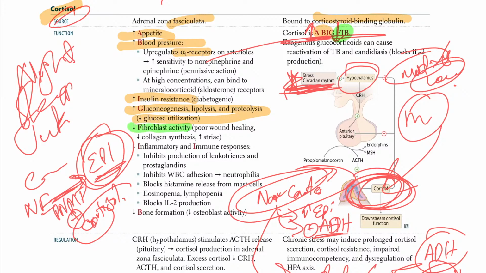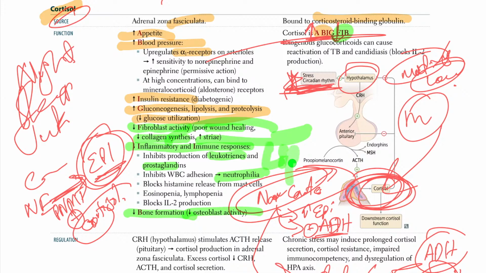Decreased fibroblast activity, poor wound healing, collagen is low. When the collagen is low, you have the breakage of the vessels causing stria formation. Decreased inflammatory immune response, but causing an increase in neutrophils, and decreased bone formation because of decreased osteoblastic activity, which is osteoporosis. In the inflammatory response, decreased leukotrienes and prostaglandins by